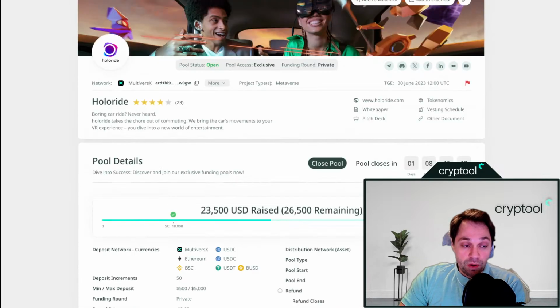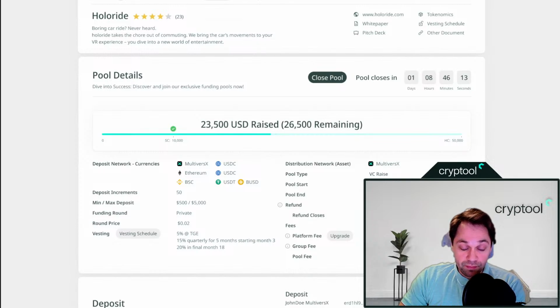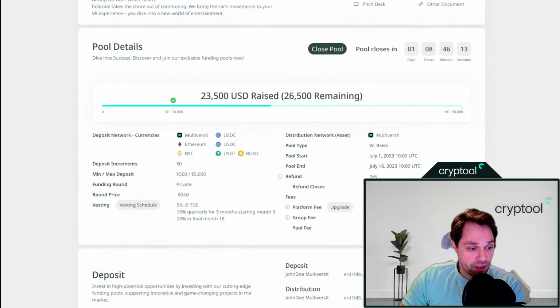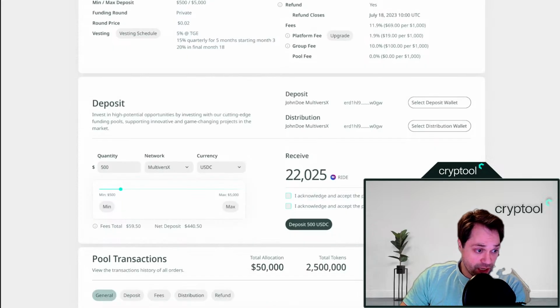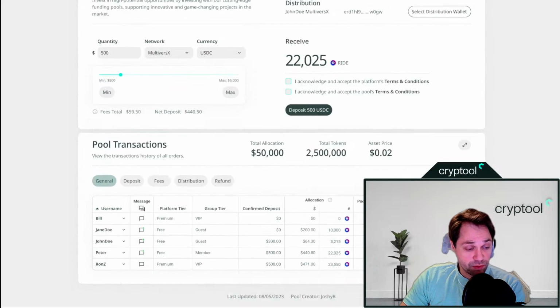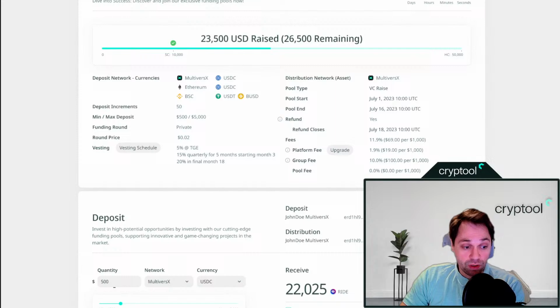Most commonly, the fees are, of course, related to your subscription, but also to the pool and group fees, which are described here. You can join the project by clicking on deposit below and selecting your deposit wallet and distribution wallet according to the chain. You can select here how much you want to deploy. For administrators, they can easily see how many people have joined, how much they deposited, what the fees are,